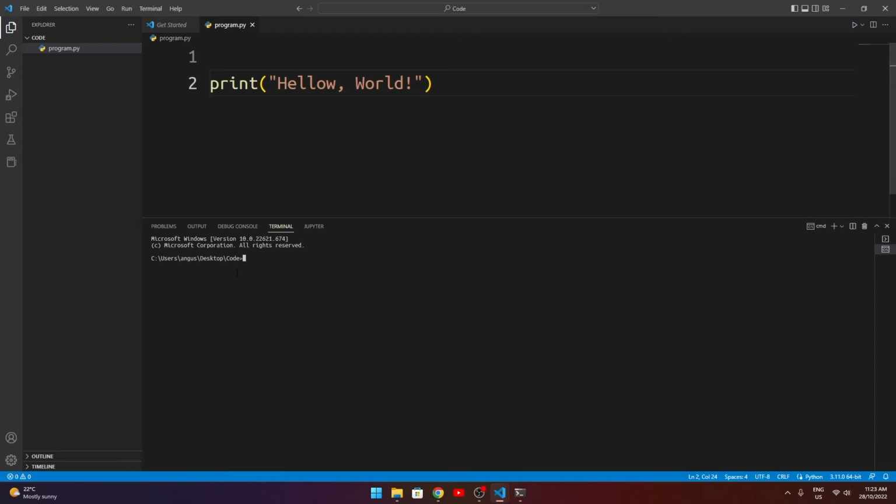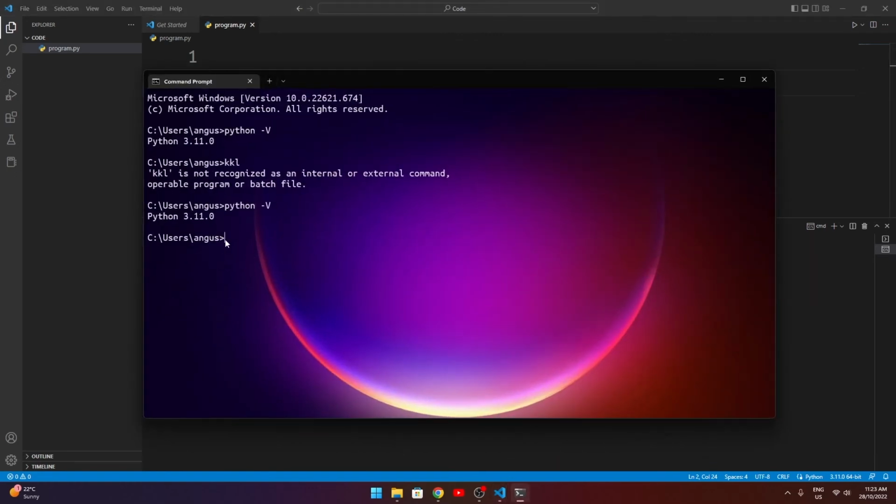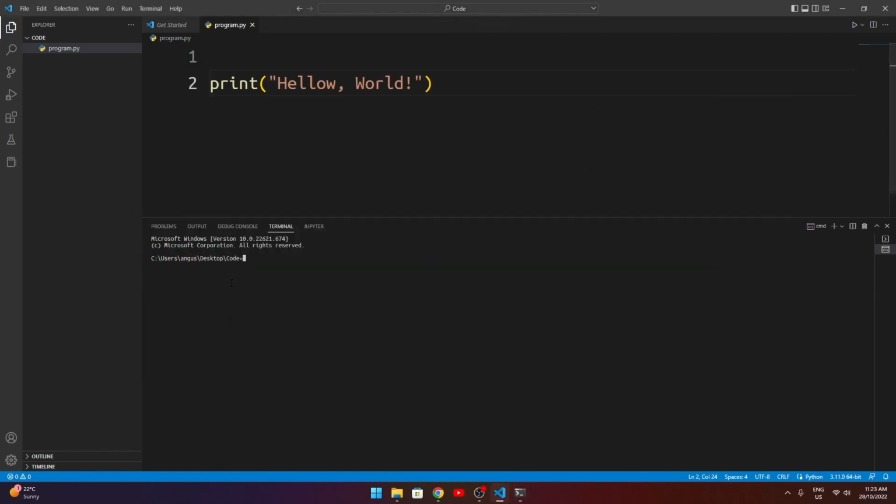Okay, so now this shows us a few different things. First of all, it's got a file path here, and that's actually telling us what folder we're currently opened in the command prompt. As you can see here, when we first open the command prompt, we're just in a normal C users Angus folder. It's kind of whatever. But here, because we opened up VS Code in the code folder, it's also opened up our command prompt in